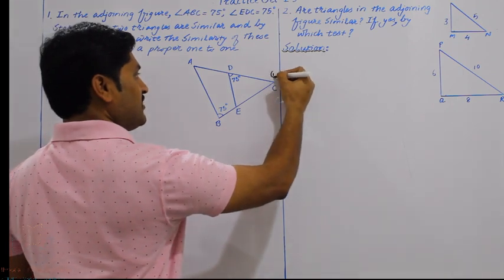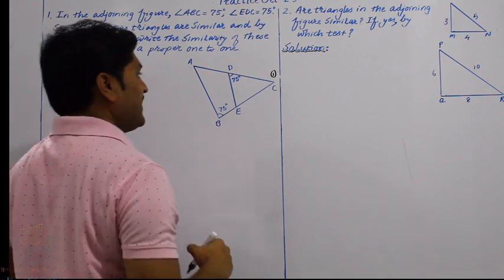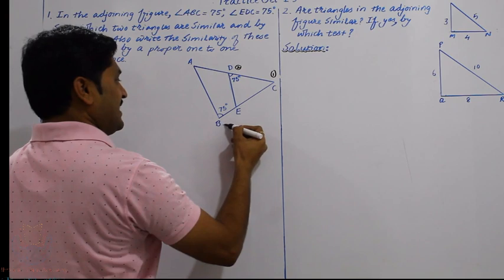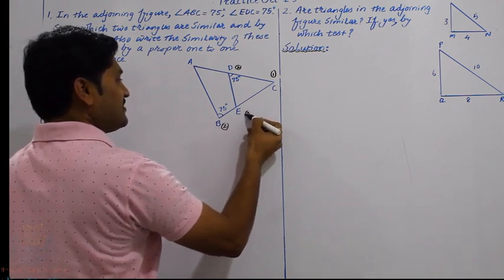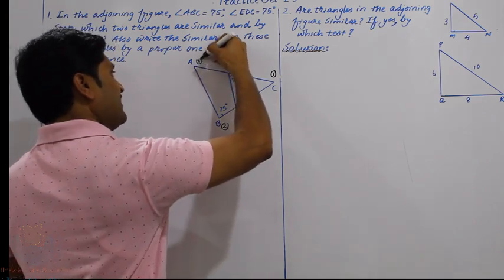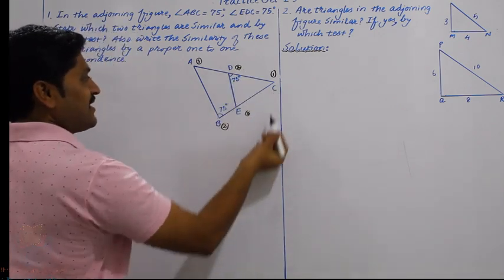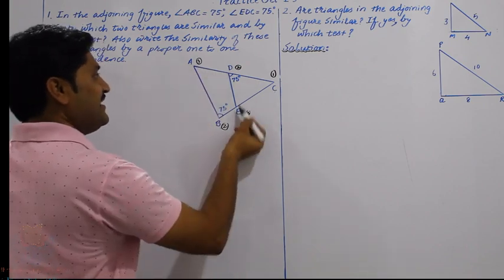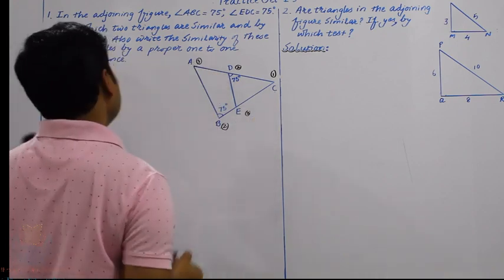so let's give number 1 for it. Secondly, this angle D and angle B both have 75 degrees, so let's give second number for both. And lastly, the vertices which are left in the diagram are this E and this A in both the triangles. So we can write the name of the triangle as triangle CDE and triangle CBA, etc. Or we can write EDC and triangle ABC and so on. So let's continue,